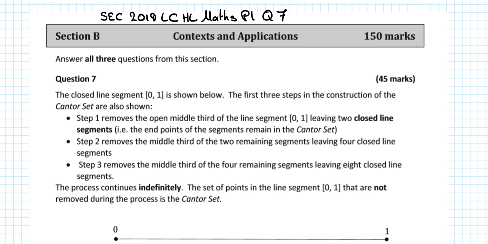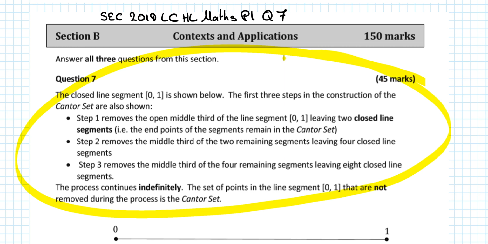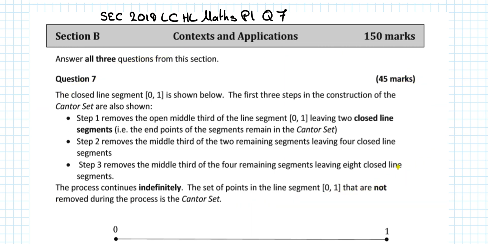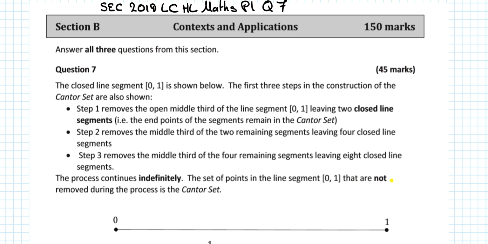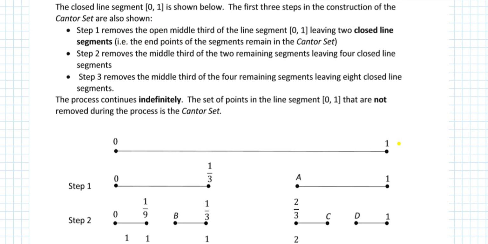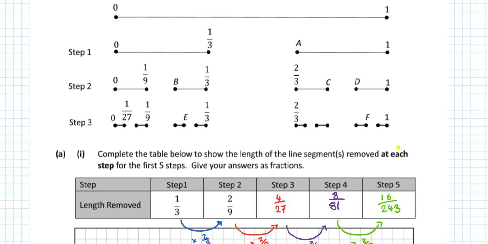So I'm looking at SEC 2019 Leaving Cert Higher Level Maths Paper 1 Question 7. I'm going to either let you pause the video and have a read of that, or I presume you're here because you're trying the question and are a little bit stuck. So jumping into the question then, it says complete the table below to show the length of the line segment